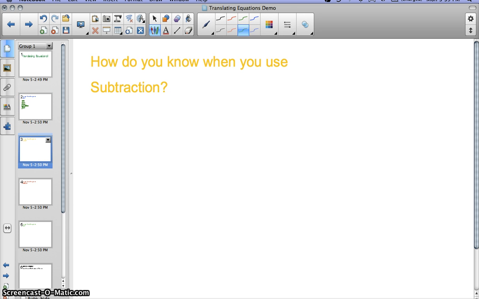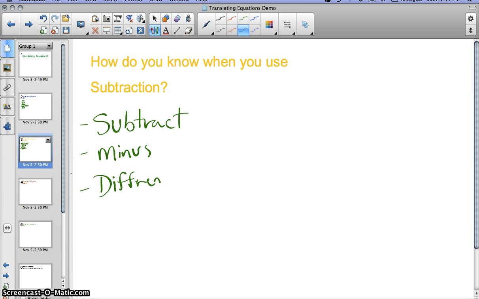All right, let's take a look at subtraction now. Obviously, subtract. All right, we also have minus. Difference. Oops, that was really bad. Difference. Okay. Again, because difference is the answer to a subtraction problem. Another one, really popular, if I can spell today,